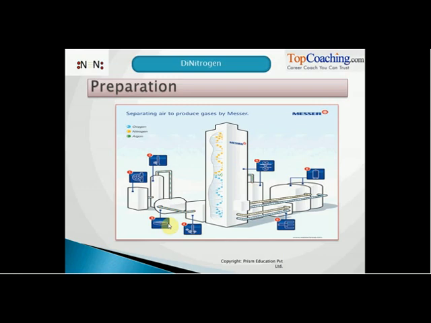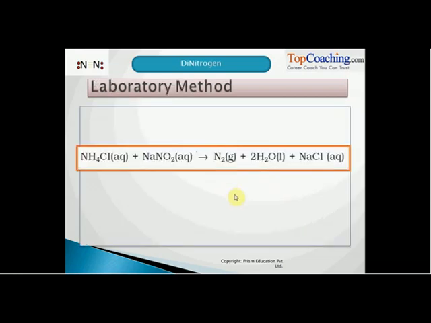And why do we want to do that? Because these molecules get stuck in the pipes that will be eventually releasing nitrogen, oxygen and argon. So those molecules are removed. After that, the air is again liquefied and then the fractional distillation process takes place. Post that, the various components like nitrogen, oxygen and argon get distilled out from the air, and hence we get our dinitrogen. So this was the industrial method of preparation of dinitrogen.